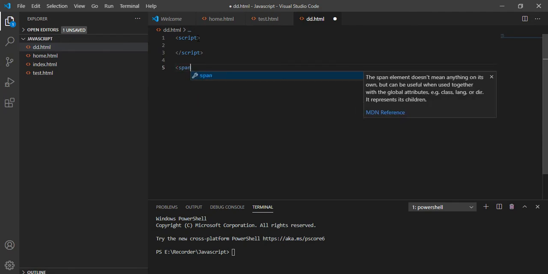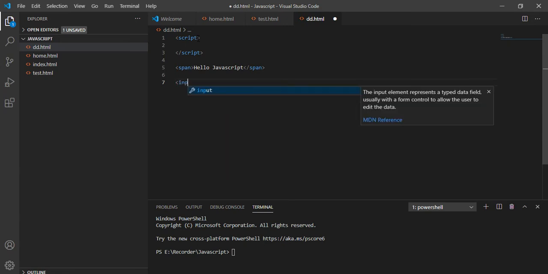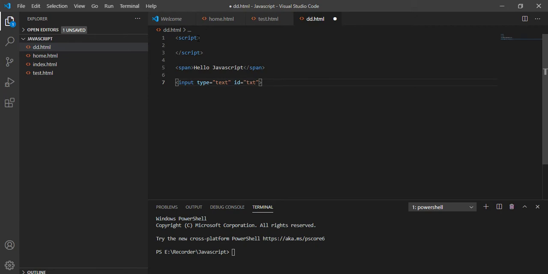I will take 3 HTML controls. The first one will be a span, the second a text box, and then a button. Let me take the text box: input, type text, id txt, and close the bracket.